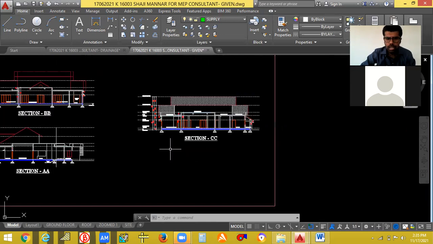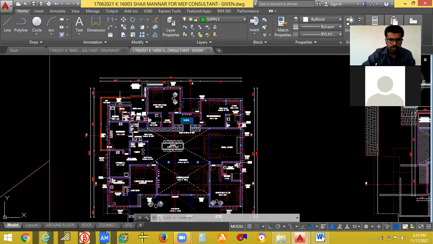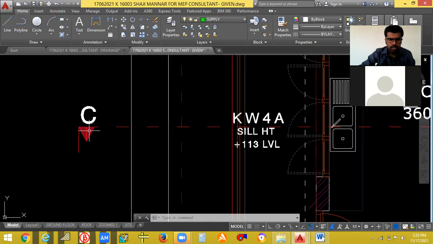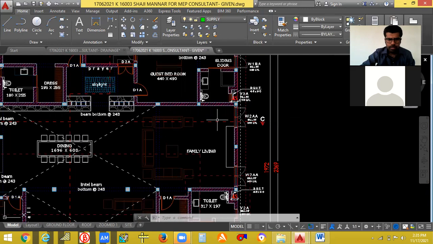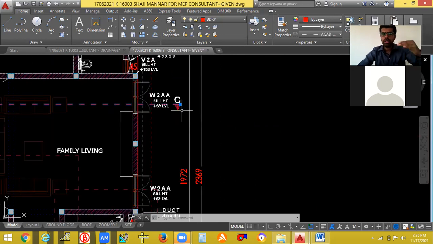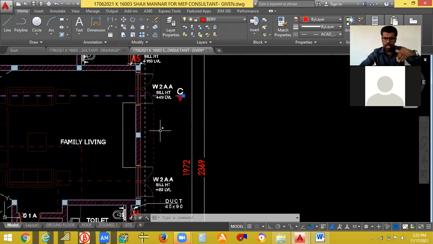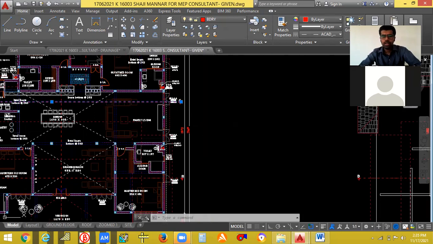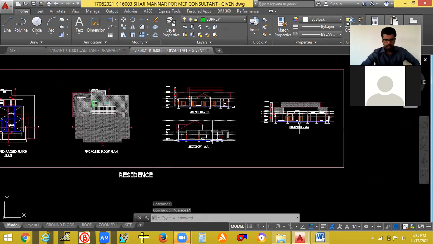The same way you can know section C also. Where is section C? This one. Section C, this to this. So this line. If you are cutting from the center and looking to the side, you have to see where the arrow is. If the arrow is showing downwards, this is the view. If the arrow is showing the opposite side, the opposite is the view. Okay. This is the way that you will get the section.